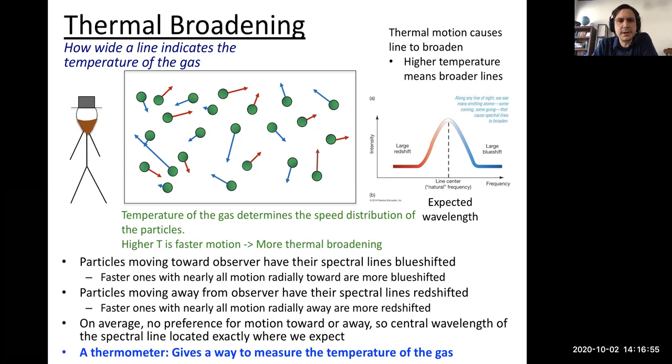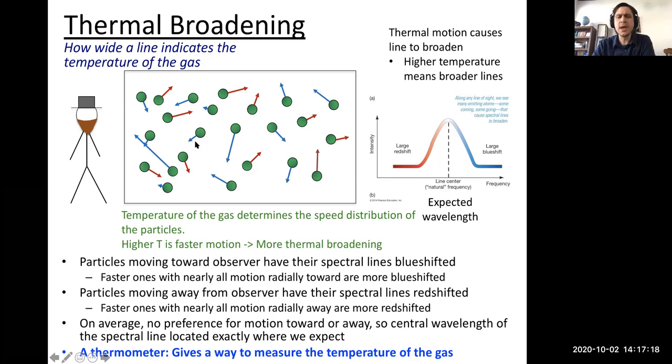So we can look and see that, okay, some of them are moving towards us really, really fast. Those wavelengths are going to be blue shifted by a good bit. We're going to get a large blue shift. Some of them are moving towards us pretty slowly, so they'll have a tiny blue shift. Some of them are moving pretty fast, but most of the motion is transverse, only a little bit is